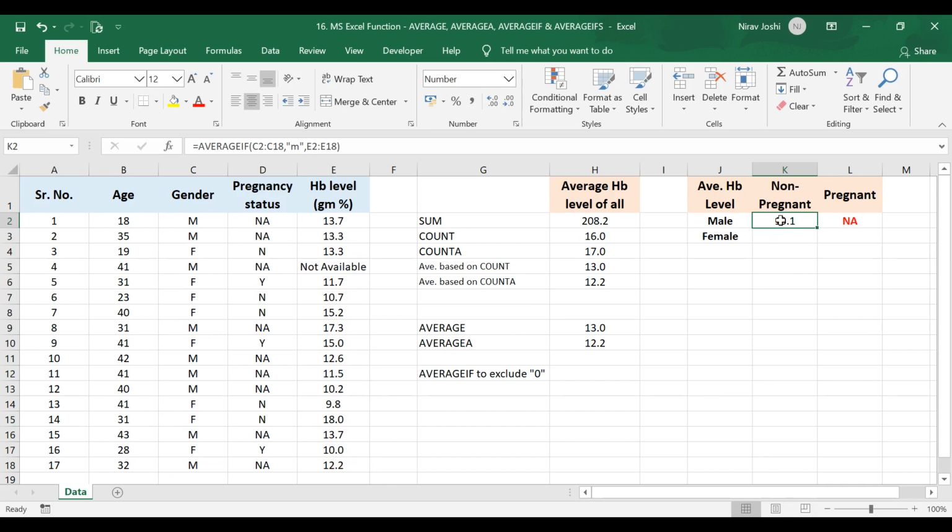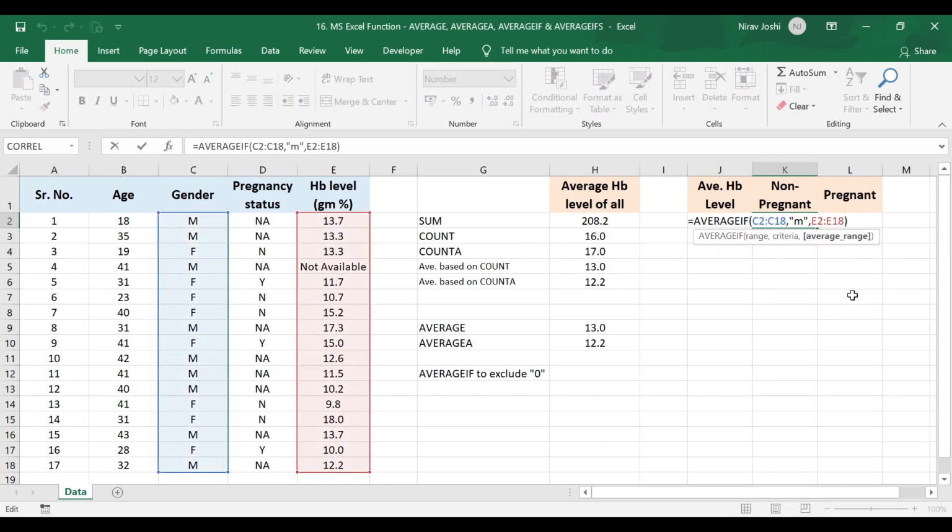Now suppose I change the average range, rather than starting from E2, to starting from E3. So now the range of applying criteria and the range to bring out the average is different.